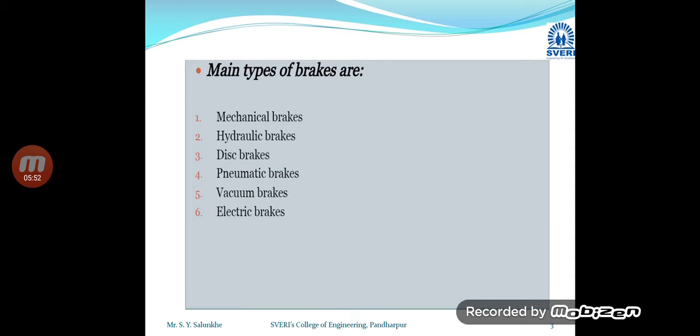Then hydraulic brakes, where the hydraulic fluid or principle of hydraulics is used for applying the force, that is, to carry the force and to multiply that force. All over, the principles of hydraulics are used, like when we apply pressure, it gets distributed equally in a closed system. These are called hydraulic braking systems, where hydraulic oil or any other fluid is used for transmitting and multiplication of forces. Then disc brakes.